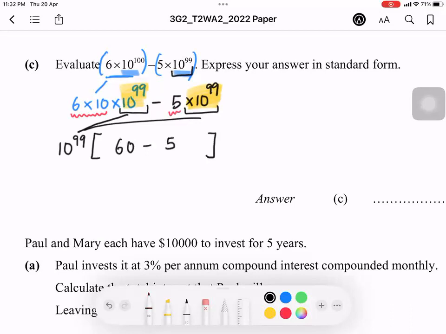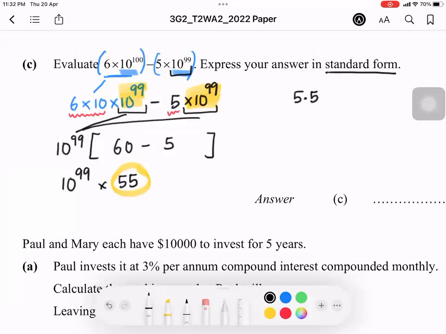Then I will have 10 to the power of 99. Bracket actually means times, right? The number here, 60 minus 5, 55. But the question here says give your answer in standard form, right? My number here, 55, is still not in standard form. What do I need to do? Where should I place my decimal place? I will change this to